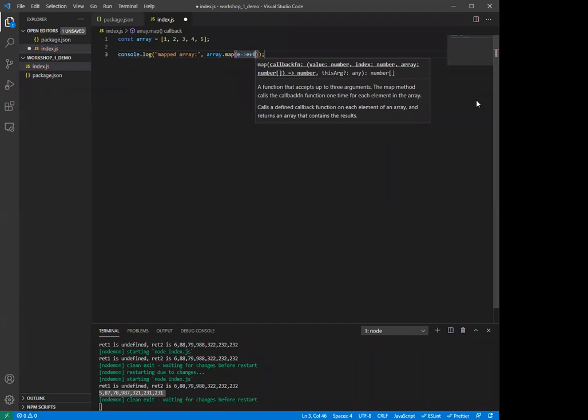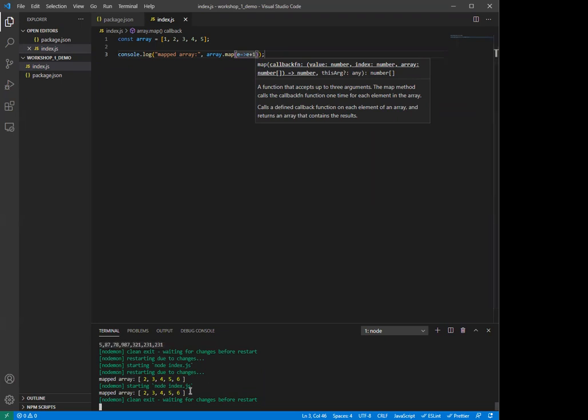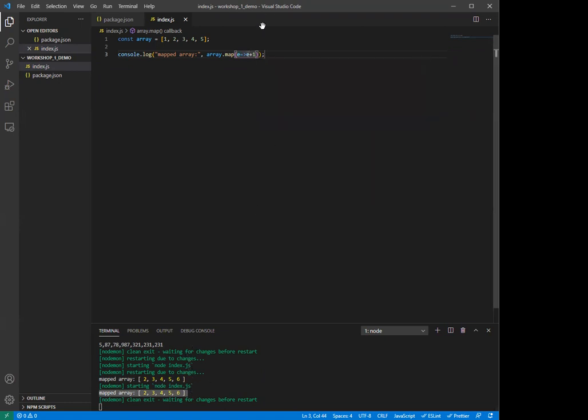So if I save this, the mapped array will be the original array, but each element is increased by 1. Does that make sense? This is pretty straightforward. Yes, this is the new array plus 1 each one. Yes, exactly. Okay, but the return here is implicit